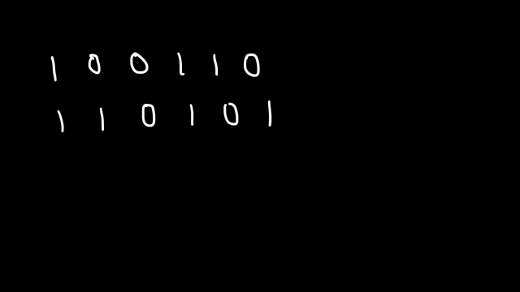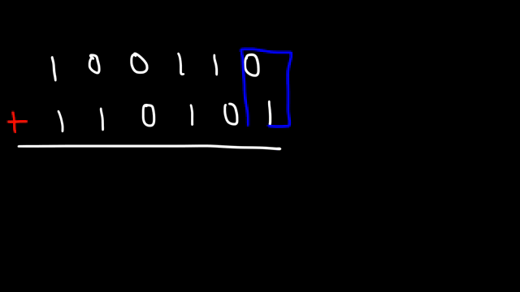Now let's go ahead and try another example. Go ahead and add these two binary numbers. Feel free to pause the video if you want to try this example. So let's start with the column on the right side. 0 plus 1 is going to be 1. And then in the next column we have 1 plus 0, which is 1. And then it's 1 plus 1, which is going to be a 0, but we need to carry over a